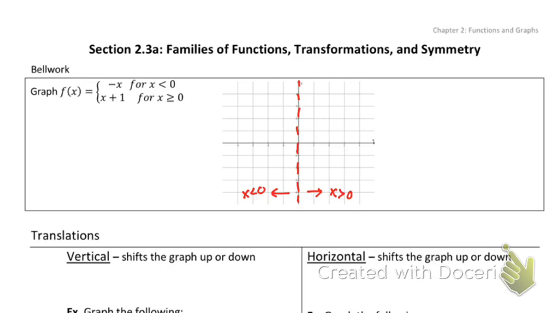I know what the graph of negative x looks like, but let's pretend like we don't. And we just, why are the chairs all messed up? Sorry. Anyway,